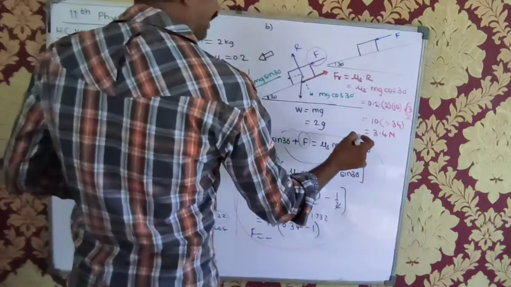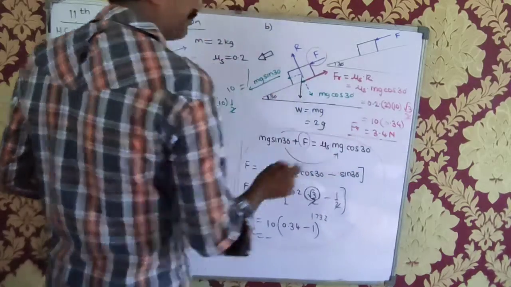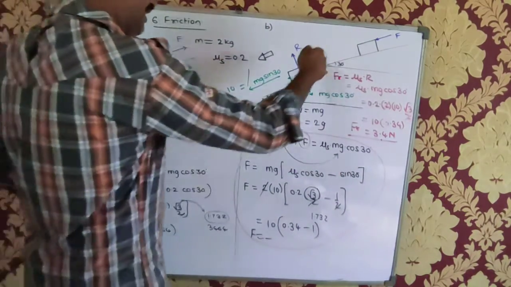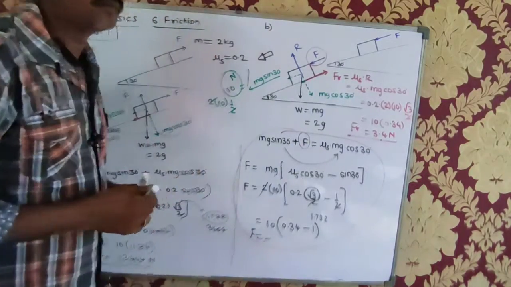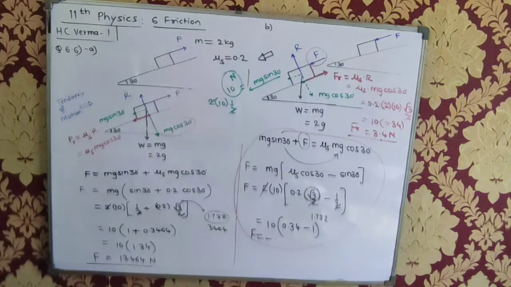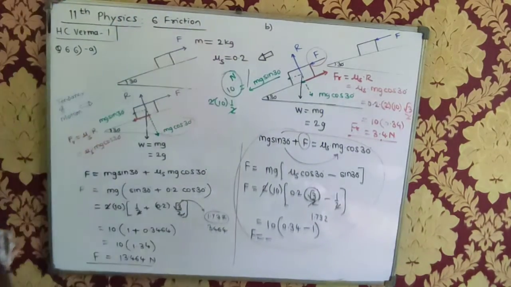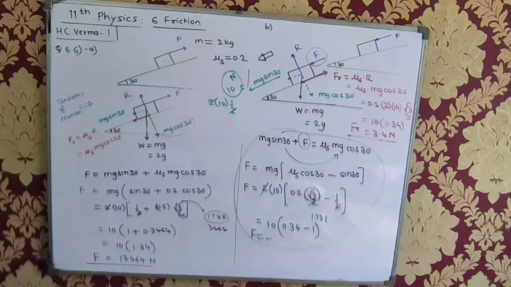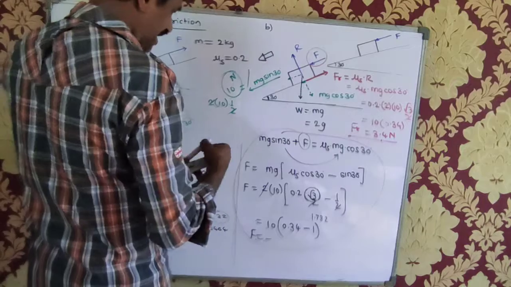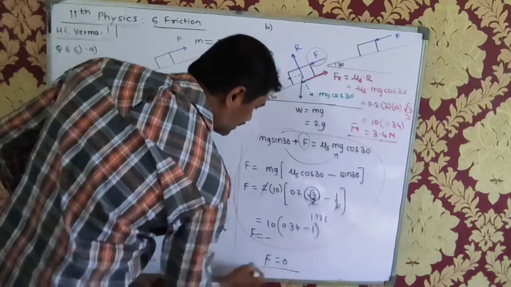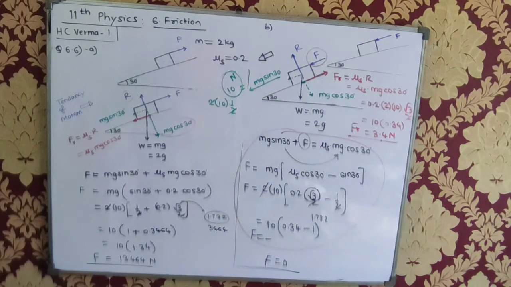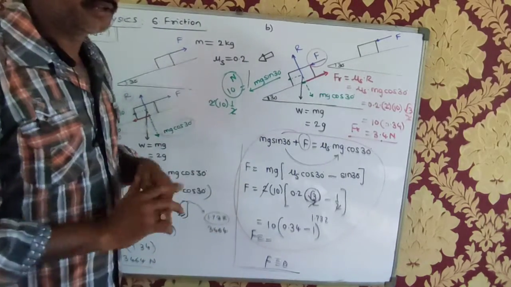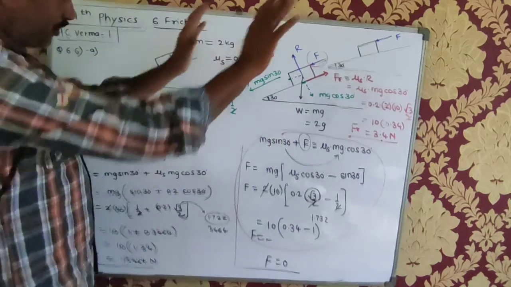So the maximum possible friction is how much? 3.4 Newton. Whereas the weight component is how much? 10 Newton. So the weight itself is sufficient to carry this down. This weight itself is more as compared to the force of friction provided there, and therefore no force is required to move it down. It will move down on its own, because of its weight. Is that clear? So to move it down, no force is required. Remember, it is falling down.